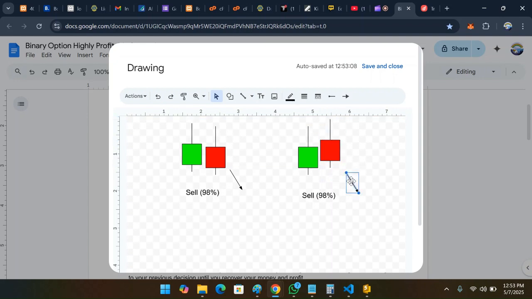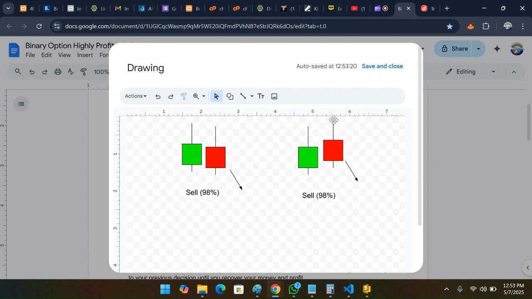Now look at this. You see this? Now look at this. You see this? Now it's still the same formation, but the placement of the high and the low is not the same as this. So all these things, positioning, the color, the wicks, and everything is saying something. So if you look at this, it's still the same thing, but